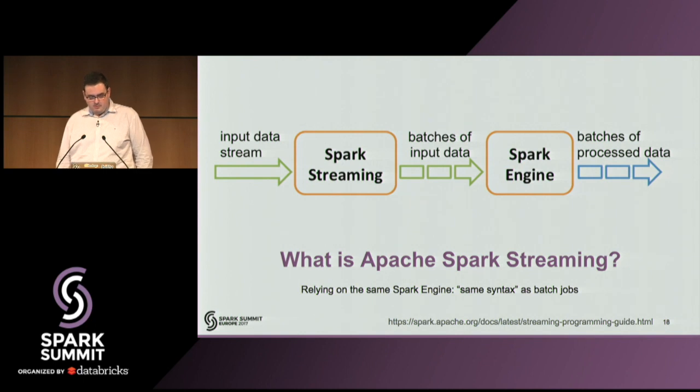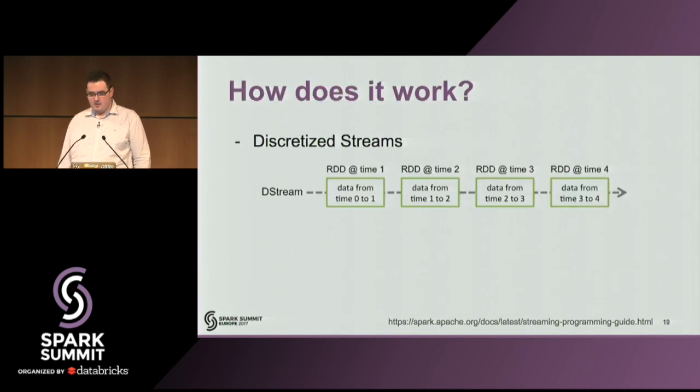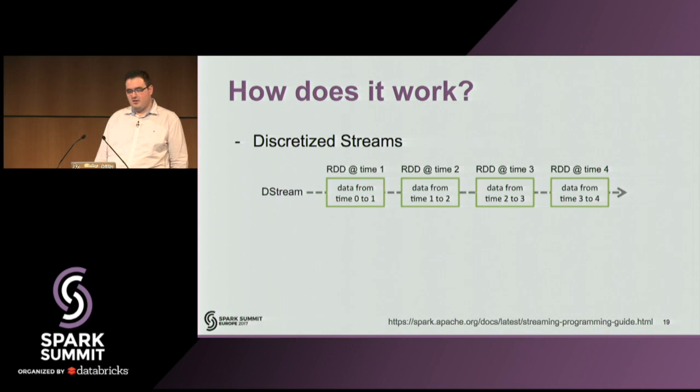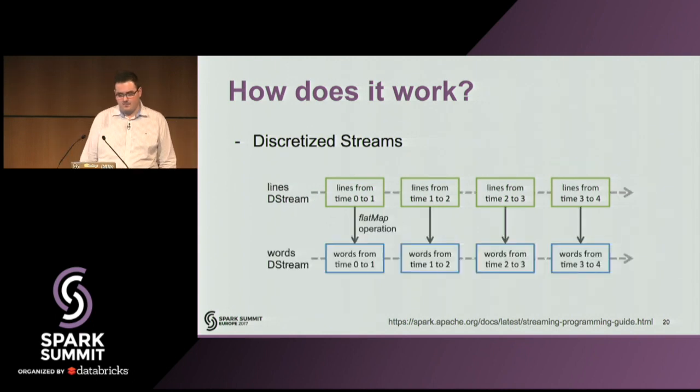Spark Streaming is built upon a microbatch approach. It discretizes the input data stream into batches of data. The Spark engine continues to process the well-known basic data structure of Spark, RDDs, which are just distributed chunks of the original data. So, right now we have those discretized streams, which basically are RDDs of data from intervals of time. We can apply all transformations to them like we would conventionally do with RDDs, because under the hood, the Spark Streaming engine will apply those transformations to each RDD of the stream.